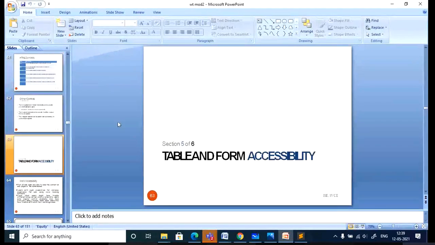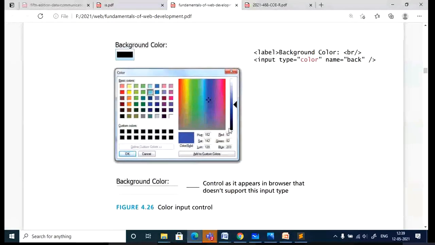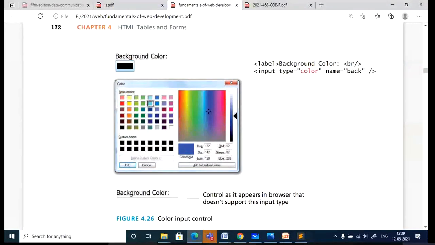Okay, similarly, we still have 10 minutes now. The date and time part. So you can just go for the input type color.